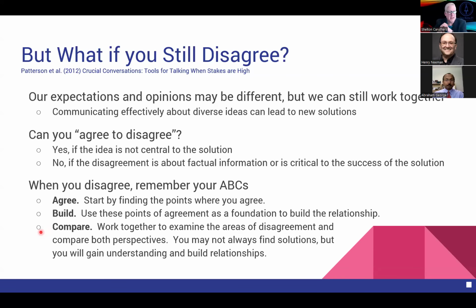Explore a little expansive from there, but also compare where you disagree. Tell me more about your point of view. I'll tell you more about my point of view. Maybe that means I'll understand something that I didn't understand before from someone else's point of view, and it will help me change my mind or my understanding.